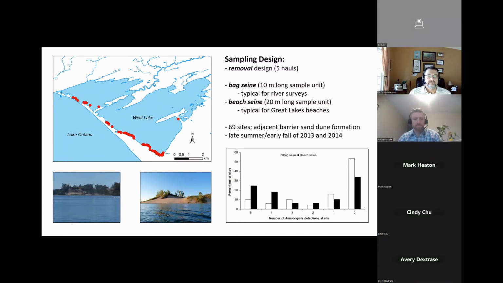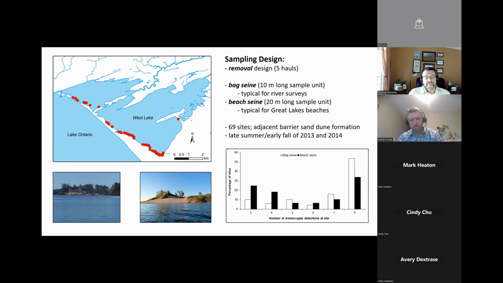We did 69 sites adjacent to the southwest end of West Lake, which is in Sandbanks Provincial Park. And these are all habitats that run along a large barrier sandbar. And this is where we find eastern sand darters in this part of the world. And the graph on the bottom right shows you the detections that we get